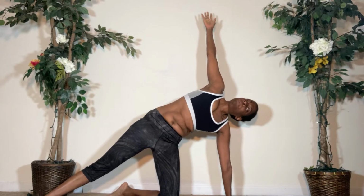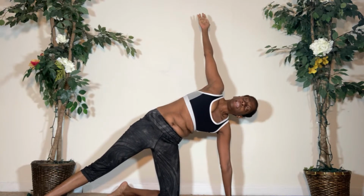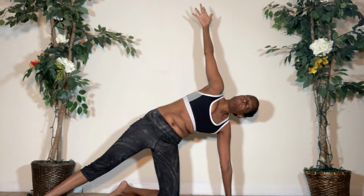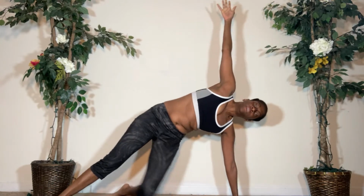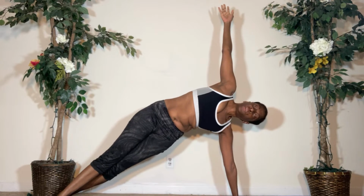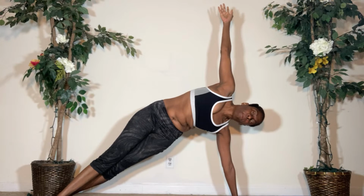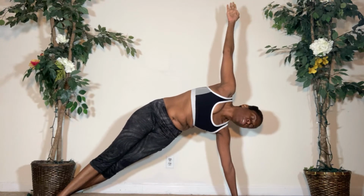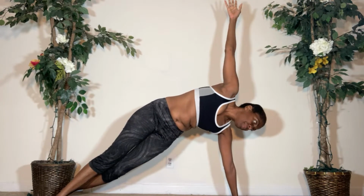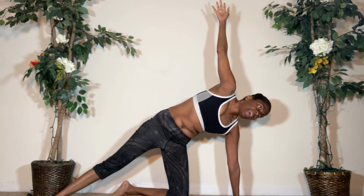So we are finding peace within this side plank pose. Either both legs are straight or one knee bending. What a wonderful flow. Noticing heart rhythm, flow of breath. Let's take a big breath, and on the exhale, now the right knee will bend. We'll gently guide that knee onto the mat, and then we will